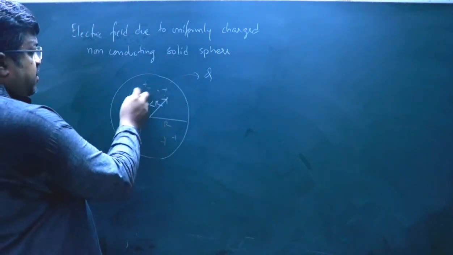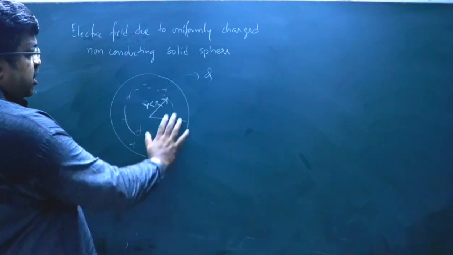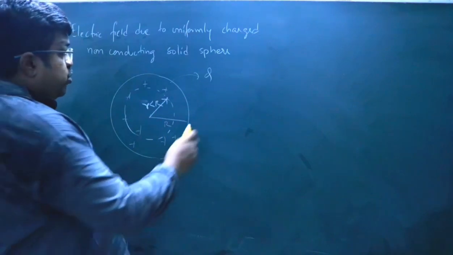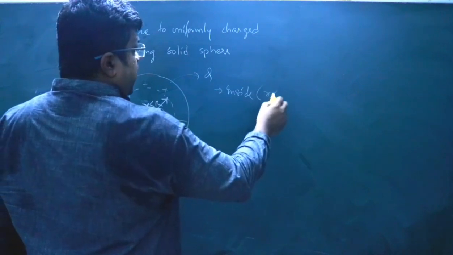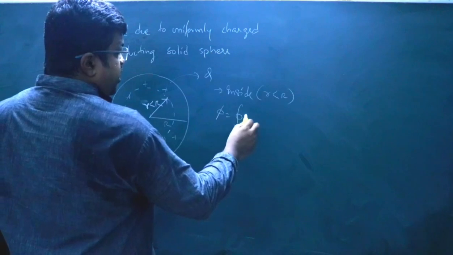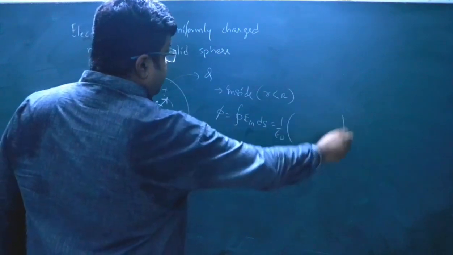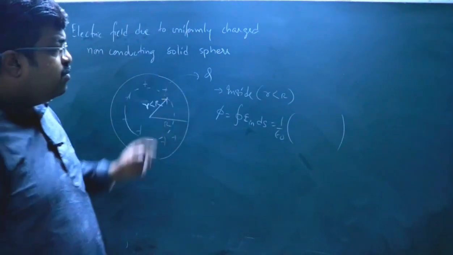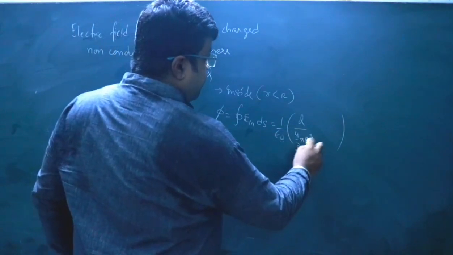Okay. So now again we will draw a Gaussian surface. Now we are bothered about the charges which are inside this Gaussian sphere. So here we are going to calculate the electric field inside, small r less than capital R. So phi is equal to the closed integral of E in dot ds, is equal to 1 by epsilon naught times the enclosed charge. Okay. Now total charge is Q. This Q charge is distributed throughout the volume. So Q by 4 by 3 pi R cube